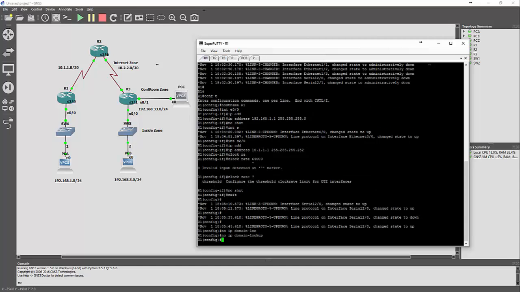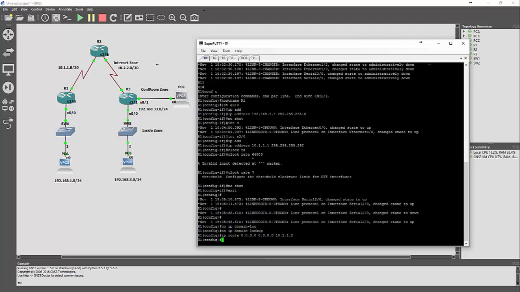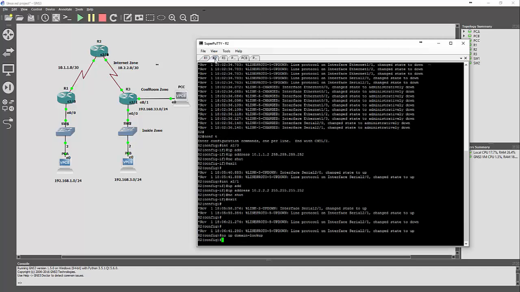So we'll start with router 1. We're going to do a static default route, and that's pointing to the next hop interface, which is 10.1.1.2. Okay, we'll move on to